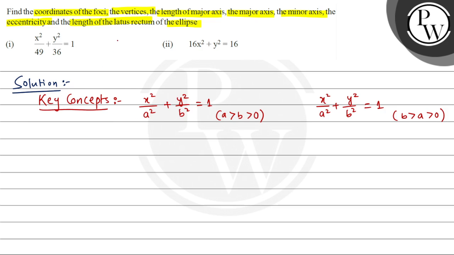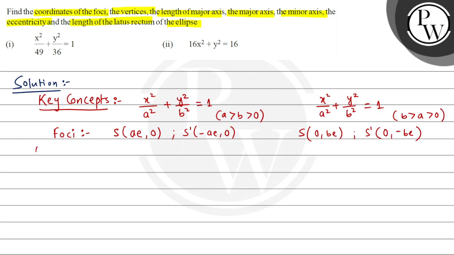So the key points, that would be coordinates of foci, for each of them we will discuss. So foci points are, if we consider as S, then for horizontal ellipse they are (AE, 0) and S dash (minus AE, 0), where E is eccentricity. Similarly for vertical ellipse the points are (0, BE) and S dash we can consider as (0, minus BE), right,